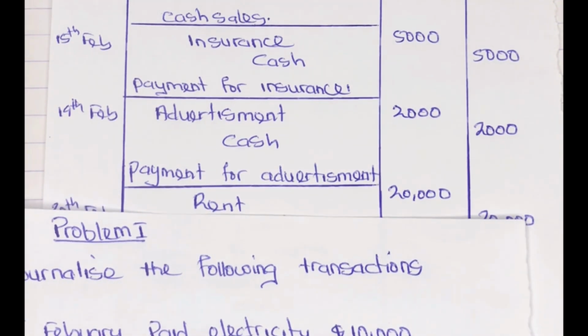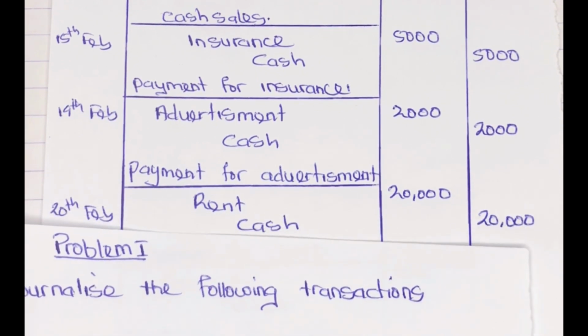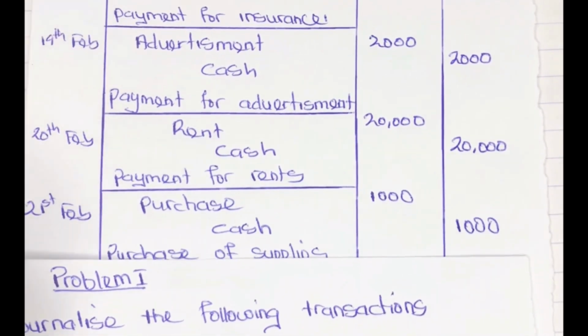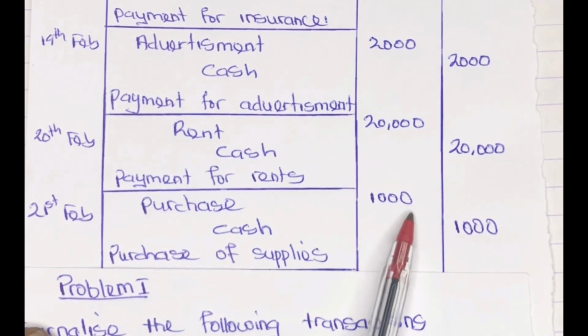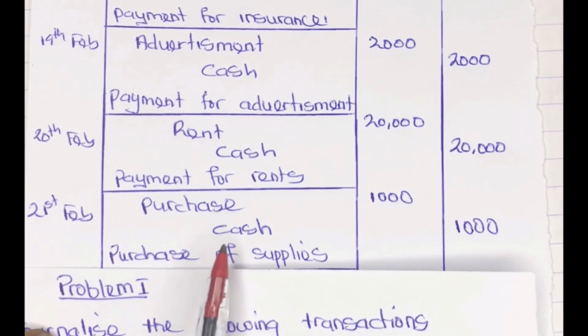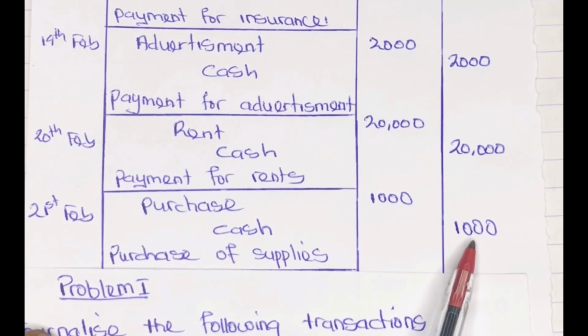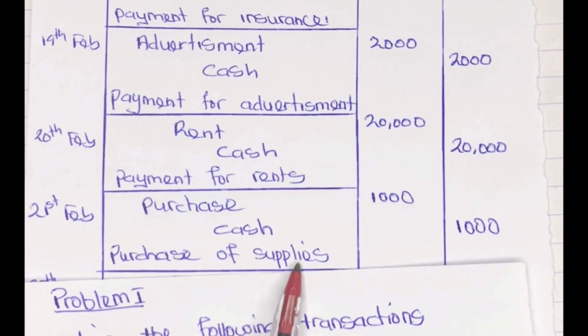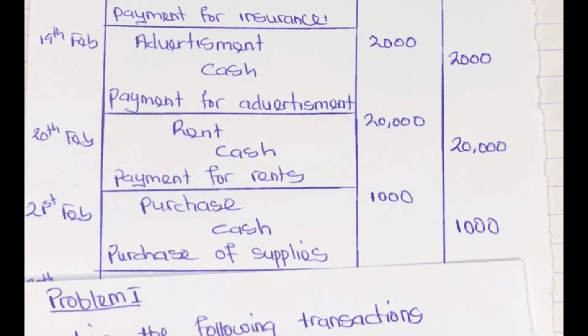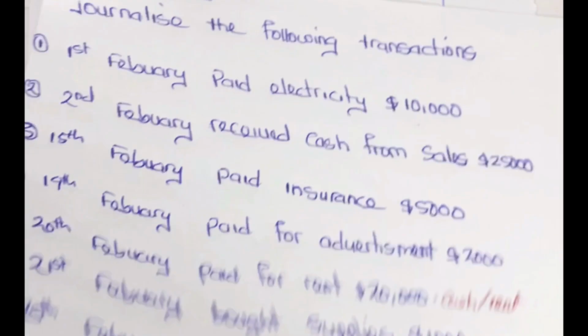So remember, you can also put purchases since we are buying, so it is still correct. Or you put supplies. So here we have purchase, which is $1,000, and cash $1,000. So purchase of what? Supplies. We purchase supplies. So the last transaction